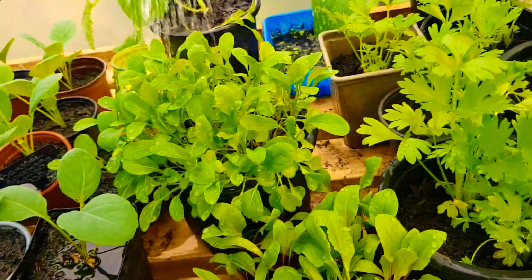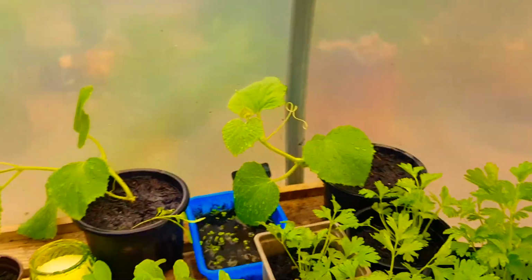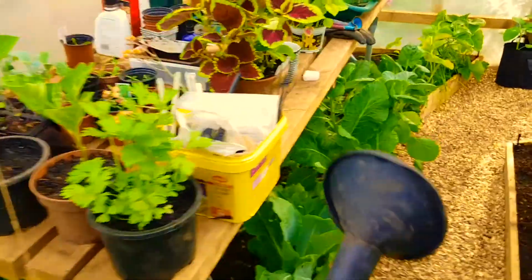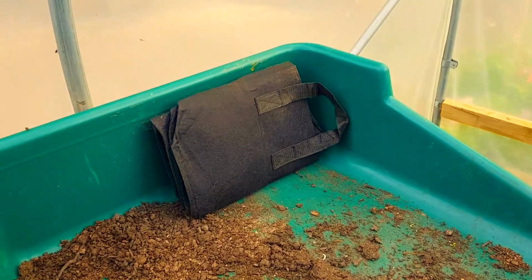I've got a couple of melons here. I need to string them up somewhere. I want to put them in bigger pots first. There's 2 melons there that need to go in bigger pots. I've got some more of these bags. I think I've got another 3 in the...